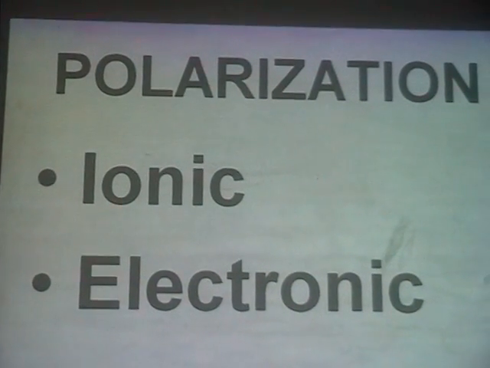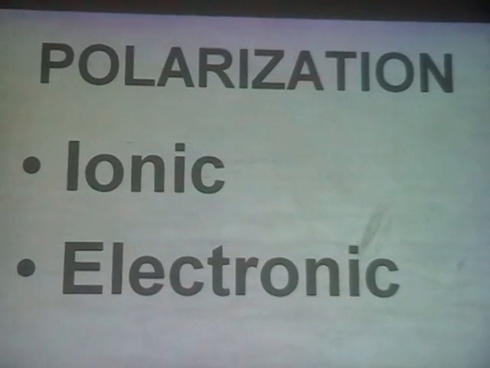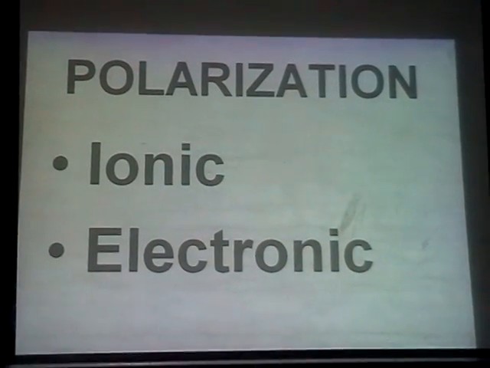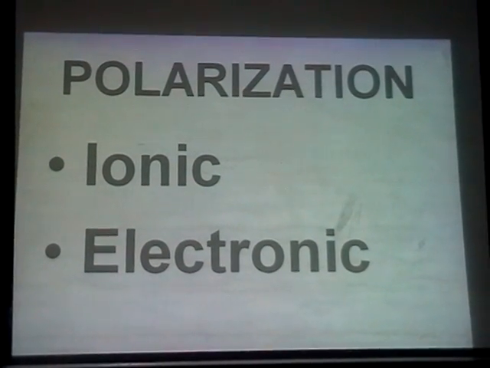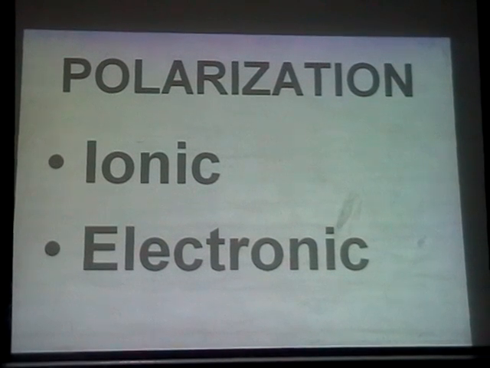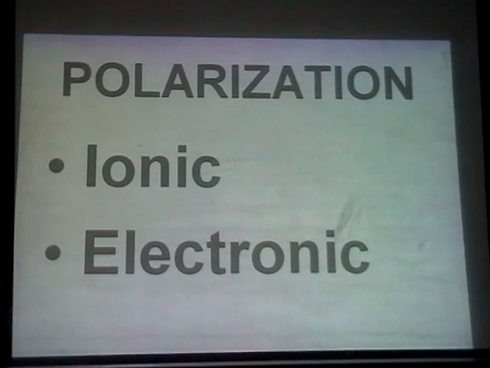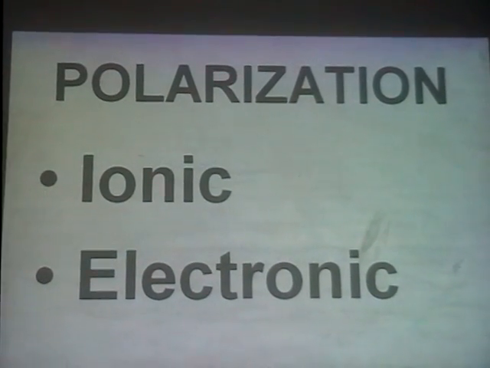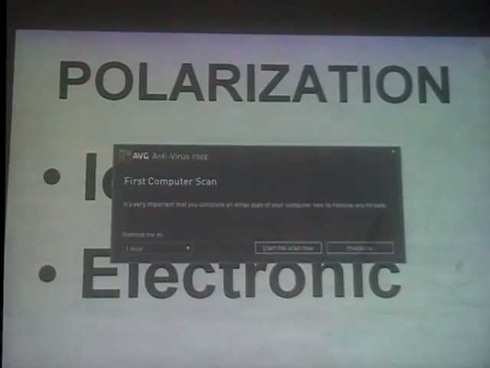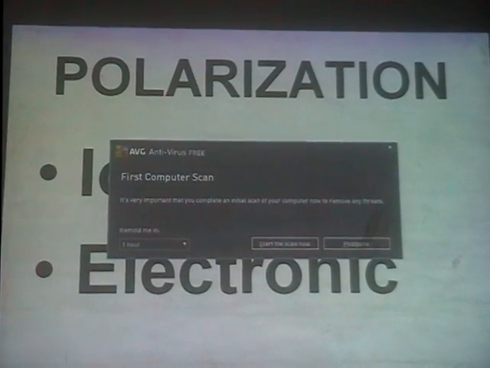Electronic polarization means if you apply electric field, between the center of the positive charge and the center of the negative charge, there will be a small separation. When you apply electric field, the electrons will be moving. The electron center will be shifting with respect to the center of the positive charges. Such a polarization